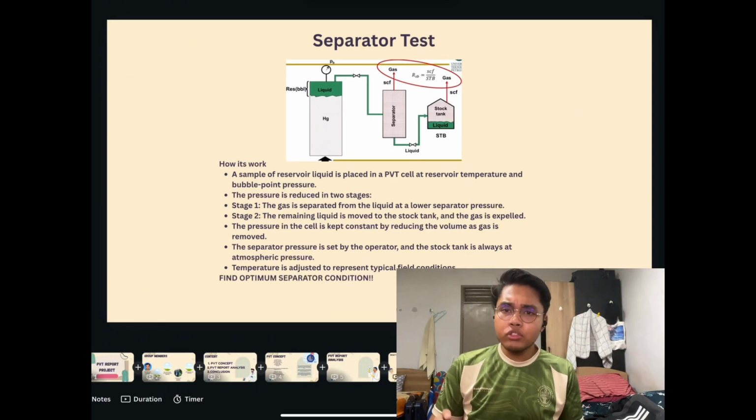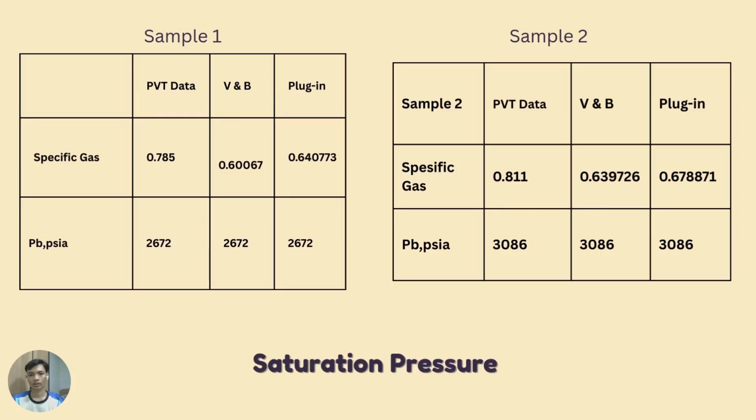So basically, for most black oils, this pressure typically ranges from 100 to 120 psig at normal temperatures. Therefore, the operator needs to set the separator to the optimum pressure to maximize the stock tank liquid production. So for the saturation pressure, which is question 1A, we need to identify it according to